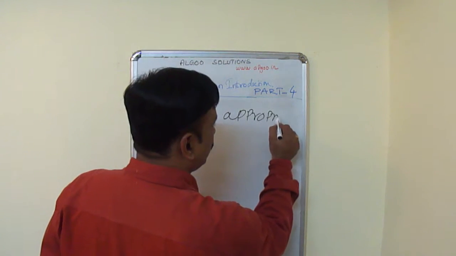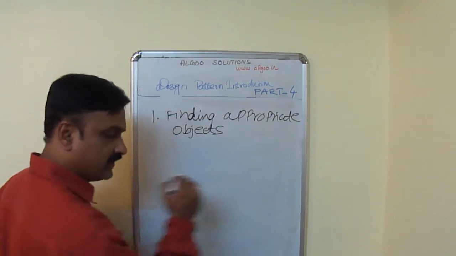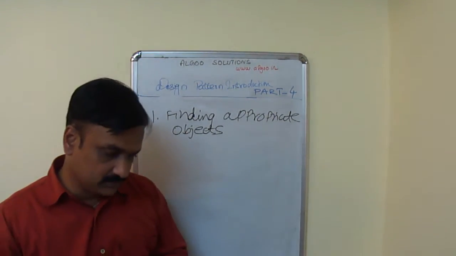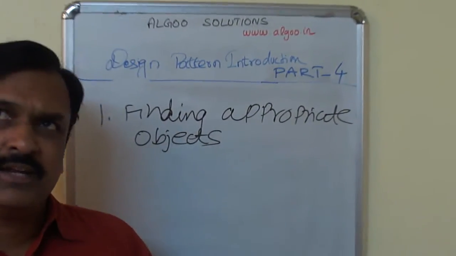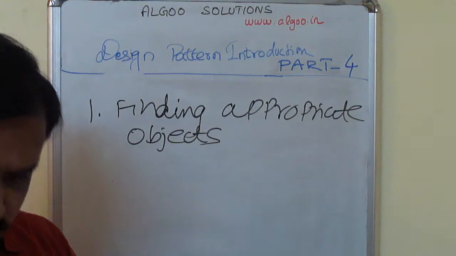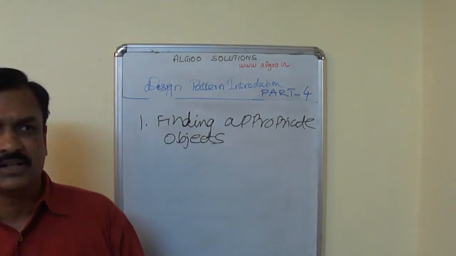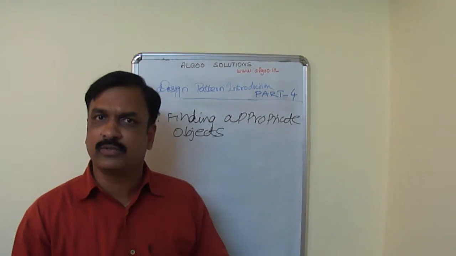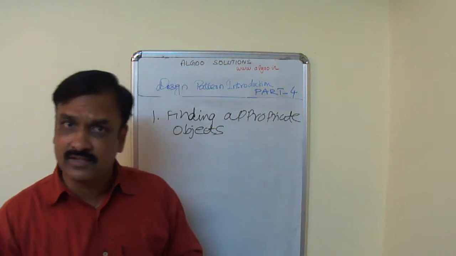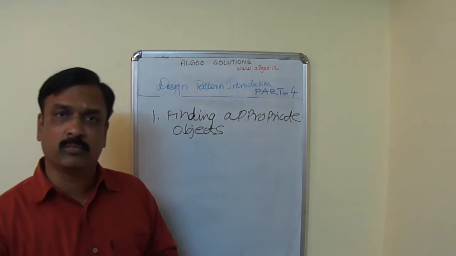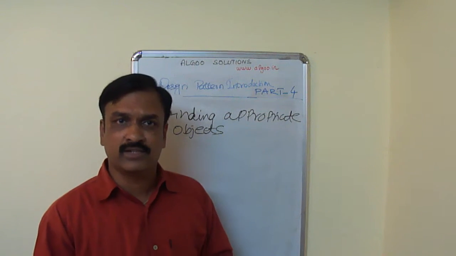Finding appropriate objects, you need to consider so many things in bringing a structure for this. And design patterns help us to see very non-obvious abstractions, such as an algorithm can be considered as a class. In the visitor design pattern, a behavioral design pattern, you talk about double dispatch, where an operation will be called based upon the name